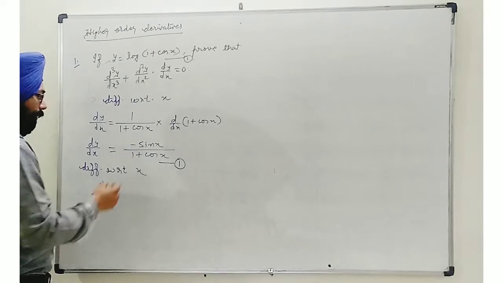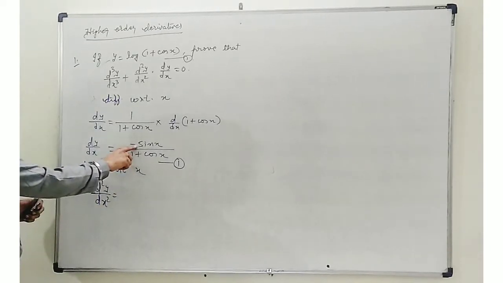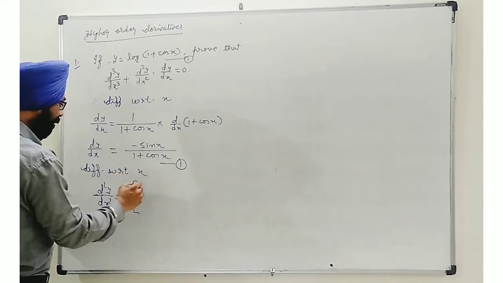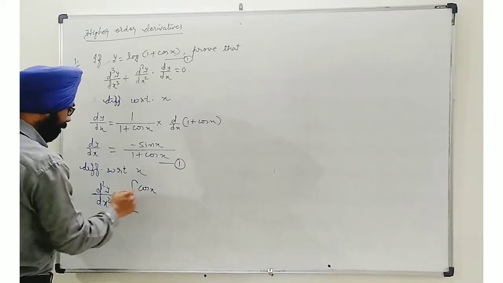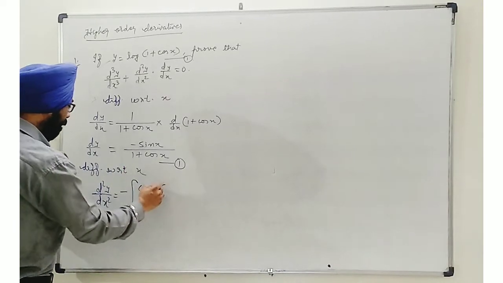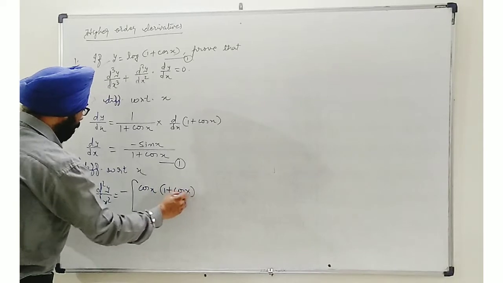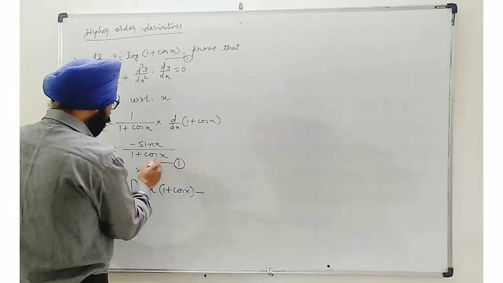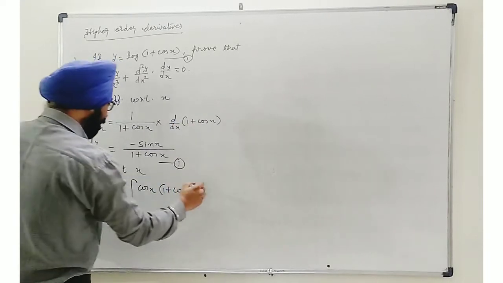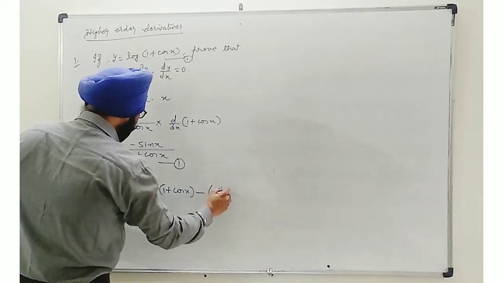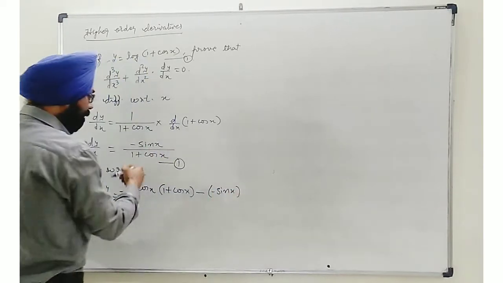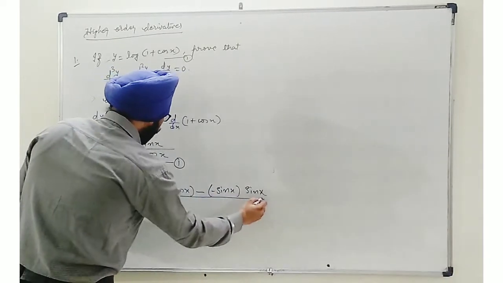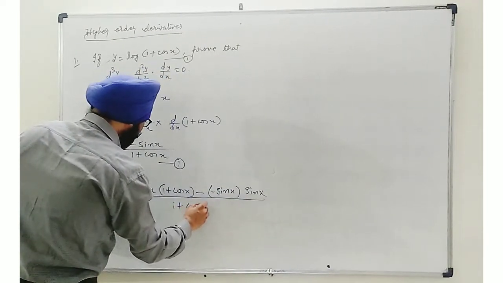Now by quotient rule. Now be careful, as I see that numerator is having minus sign. So we will put minus sign aside. Then apply quotient rule. Sin x, its differentiation will be cos x. Okay, and 1 plus cos x in denominator, this remains as it is. Now we will differentiate after subtraction. We will differentiate here 1 plus cos x. 1 plus cos x already we have done as minus sin x. So yes, we can put the value. It is minus sin x. And this sin x of the numerator, this remains as it is. And in denominator, the square of 1 plus cos x we need to put.